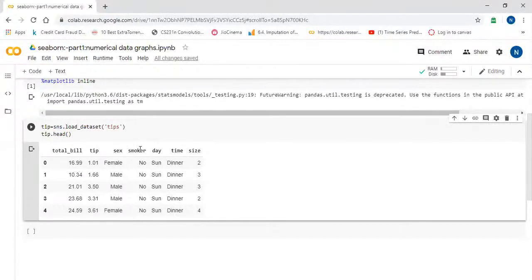Time, whether it is lunch time or dinner time, is also a categorical column. Size is the number of persons per table. When we go to a hotel in a group, the size of the group is recorded there. So there are a total of 2 numerical columns and 5 categorical columns.